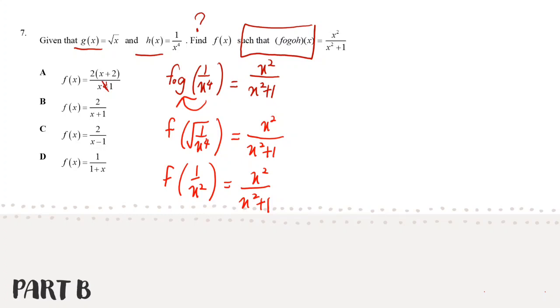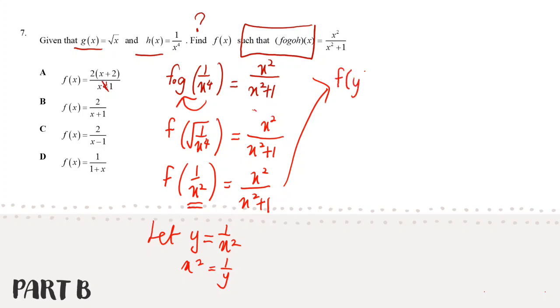So in this bracket we have 1 over x squared. You need to do substitution. Let's say let y equal to 1 over x squared. You may choose any variables other than x. So x squared is equal to 1 over y. Therefore, the next step is please make sure your function on your left and right hand side is in terms of y. Okay, so we have f(y) is equal to